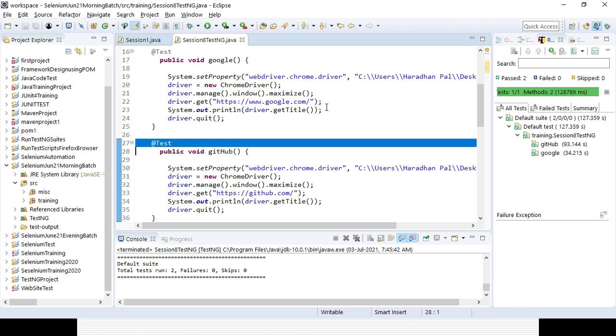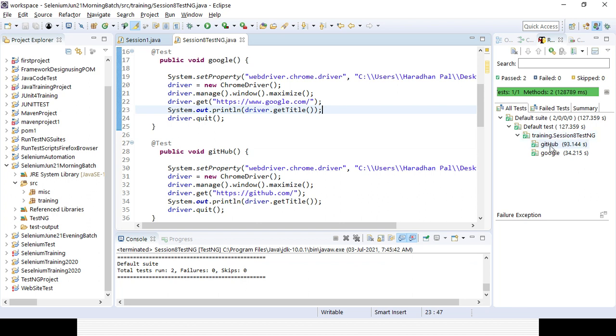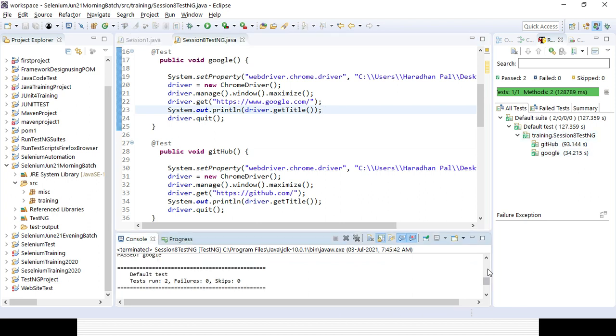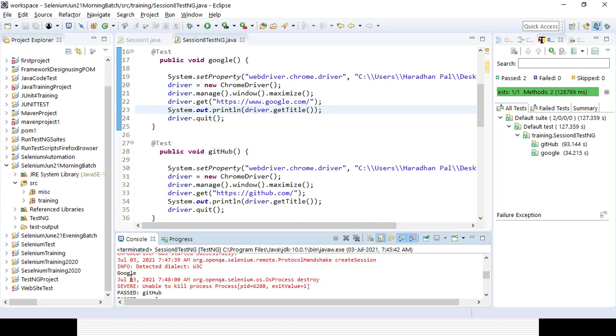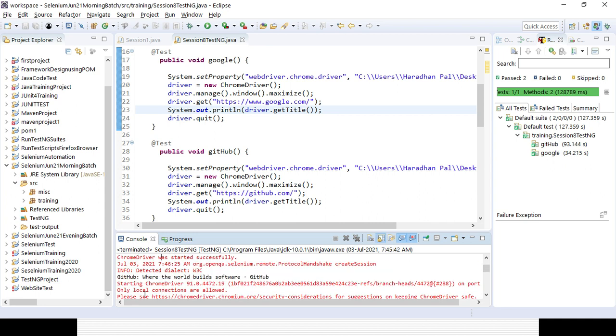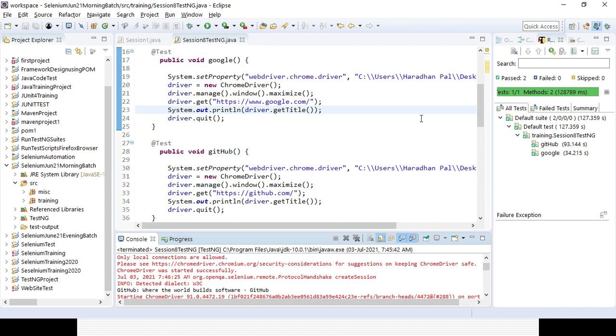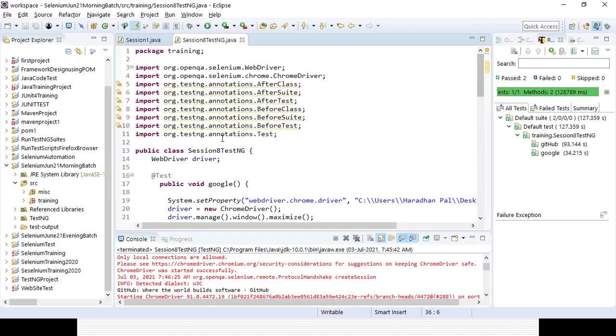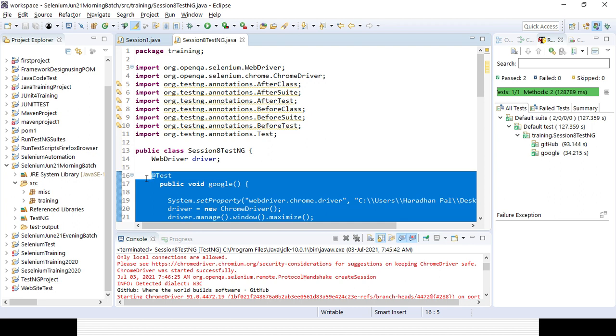You can see two test cases have passed. GitHub is coming first in alphabetical order, and here if you want to see the output for it, right? One is Google; the second test case has passed also, right? So the first run is successful. Okay. Now what problem will happen? You can see, one second, let me comment out this code, the first lines of code here, and I'll be doing the same thing.